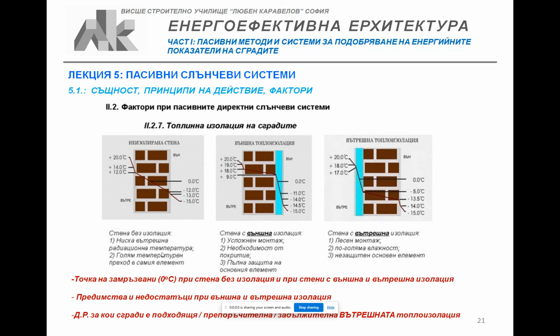When it is estimated that the building element does not have the proper coefficient required by the normative requirements, the most common measure is to add a layer of effective insulation. And this is a comparing illustration of a wall without insulation, a wall with outer insulation, and a wall with inner insulation. When we have minus 15 degrees outside and we keep about 20 degrees inside, the transfer from negative temperature levels to positive